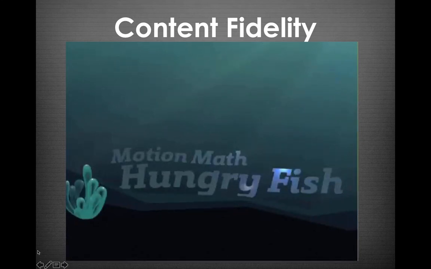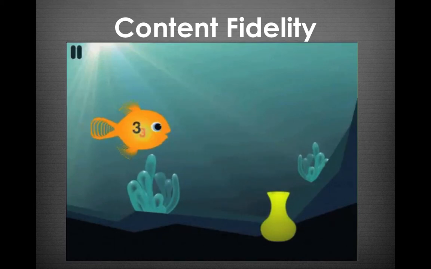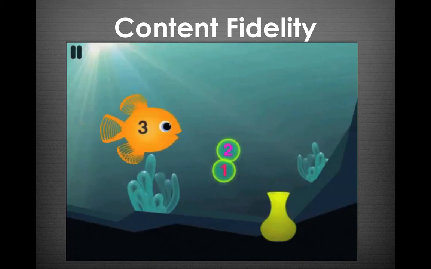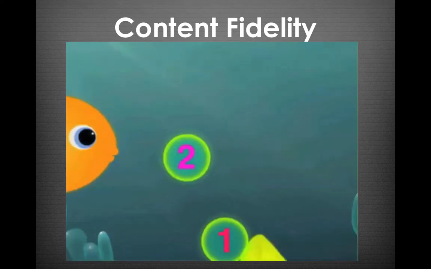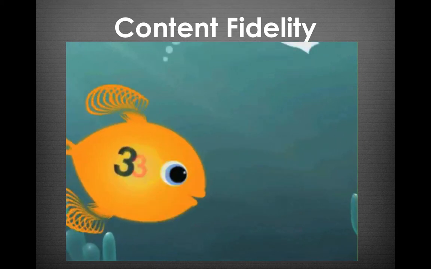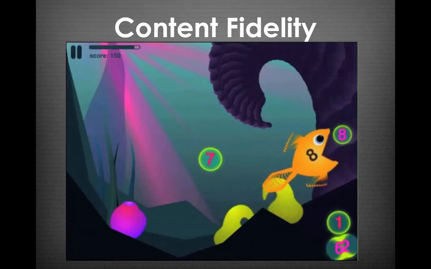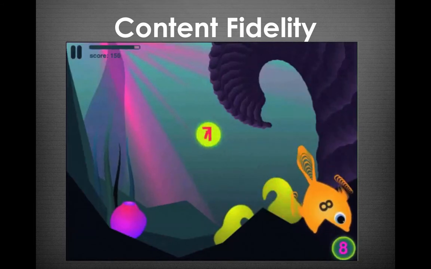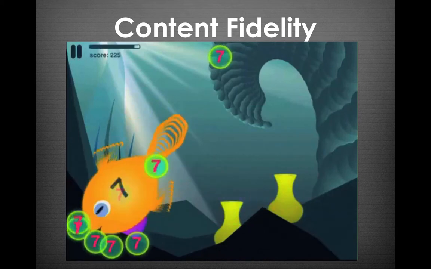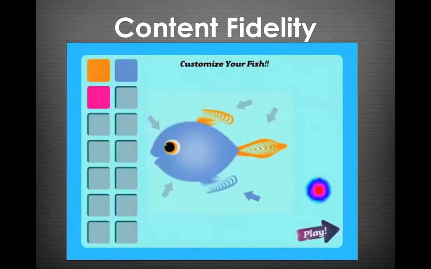At Hungry Fish, featuring a fish who eats numbers. In this case, 3. The game also features instant addition. Touch a 1 to a 2 and you get 3. It's an engaging way to practice addition, made possible by multi-touch. To win, you must find different ways to add up to a sum. For example, what are all the ways to make an 8? If you don't feed your fish, it shrinks. Feed it enough numbers, it'll grow, you'll win the level, and you'll get to customize your fish, unlocking new colors